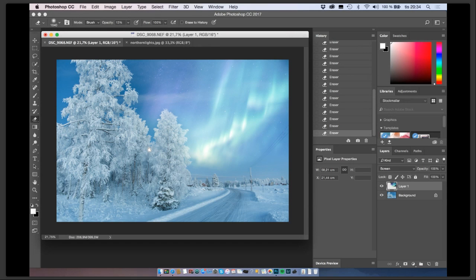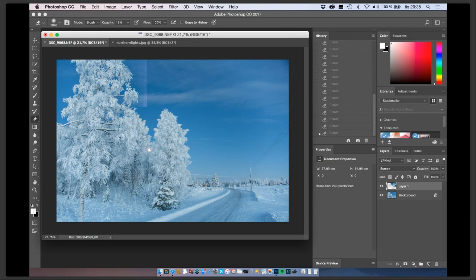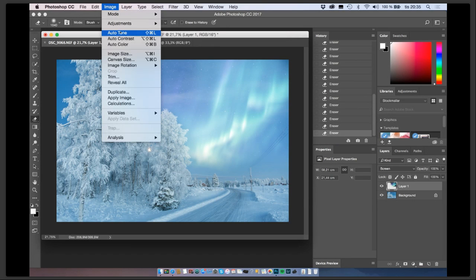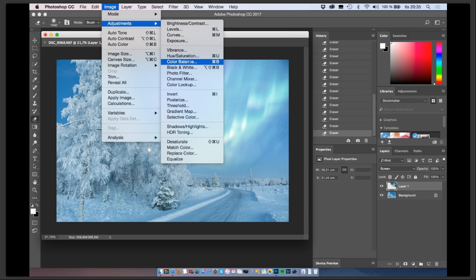Okay, so maybe sometimes you just have to play with the opacity on the brush to make it look really smooth. You want to make it look as natural as possible. Okay, I think I'm gonna stop there with erasing. Right now it was from there to there. Okay, and now I will just add some contrast, or maybe I will first go into the color balance